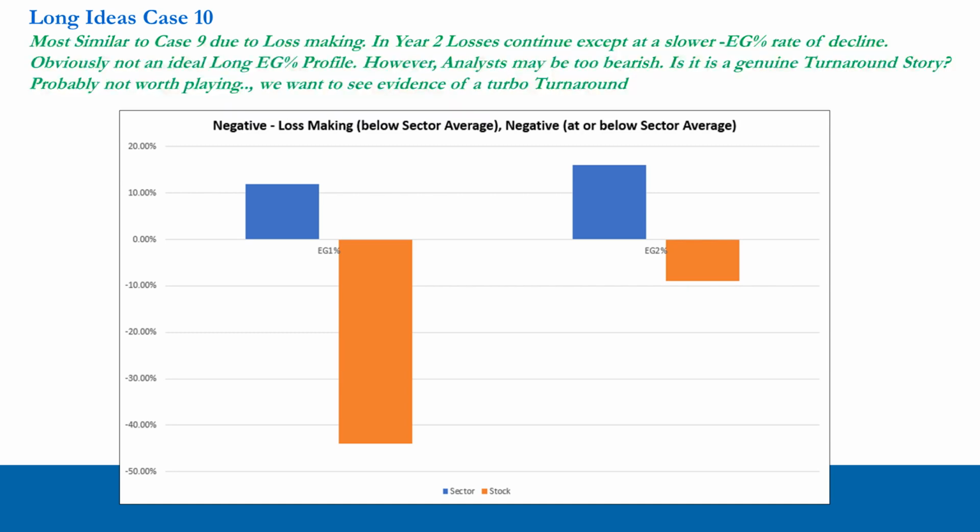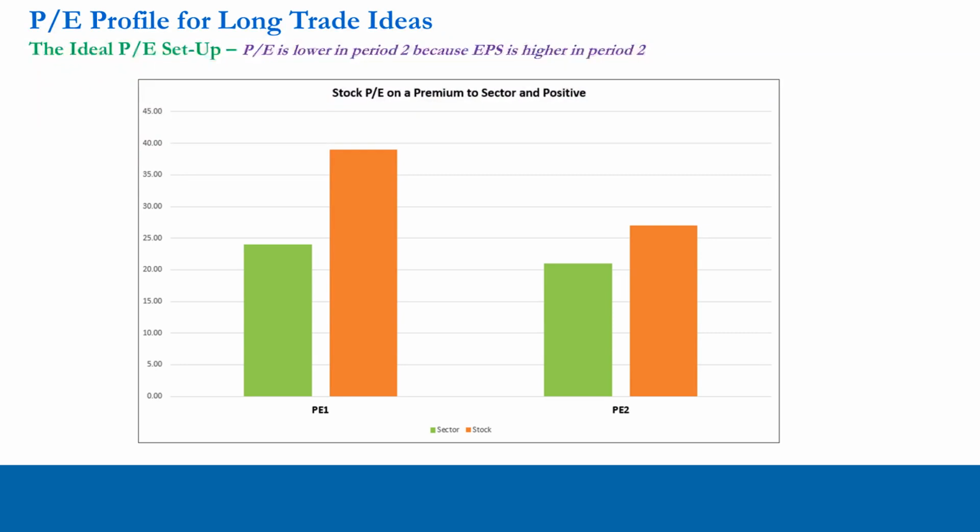But what we really want to see is genuine evidence that the companies are coming from a very weak position. So we want to see them already beaten up. We want to see the stocks really beaten up, and we'd love to see them in phase 4 or phase 5. Now, let's remind ourselves of the backdrop of the PE multiple profiles as well.